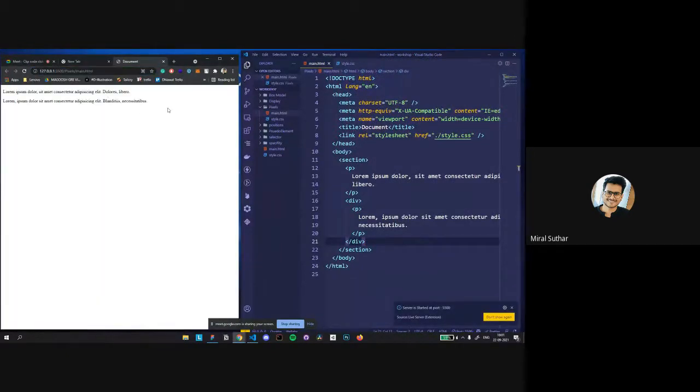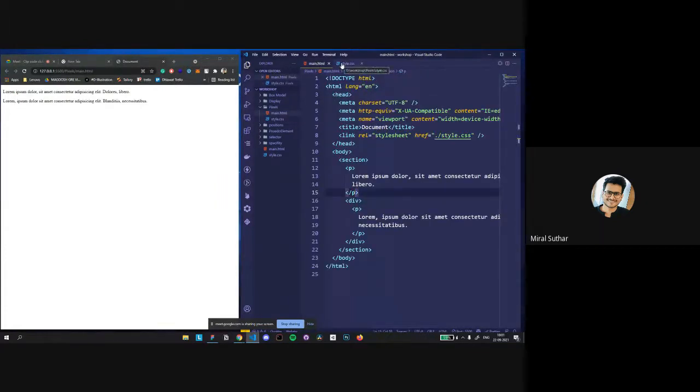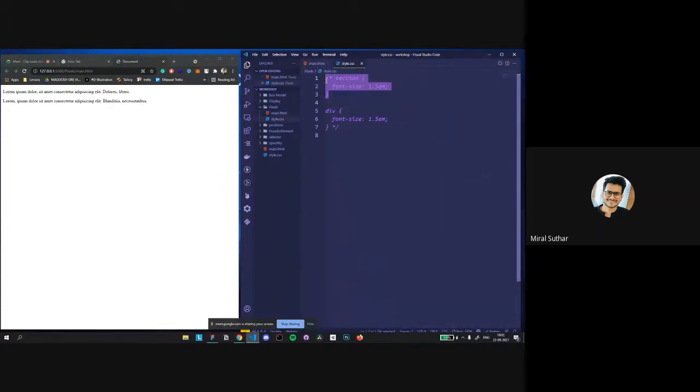Okay, so we are heading to the pixels now. So we define size in pixels.